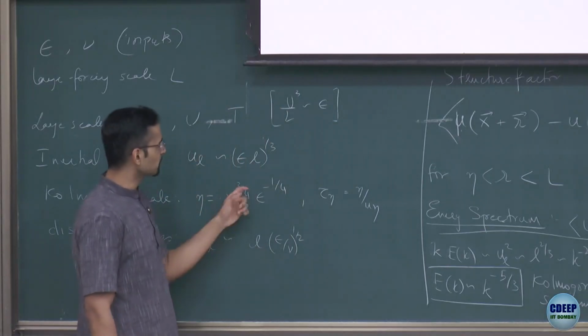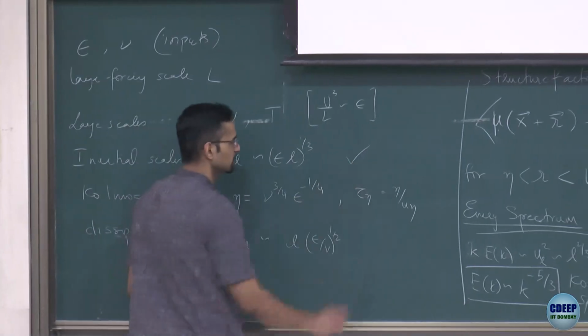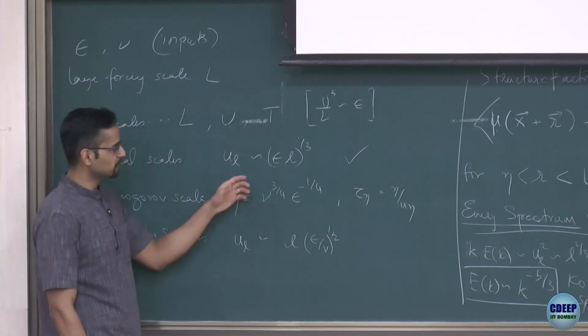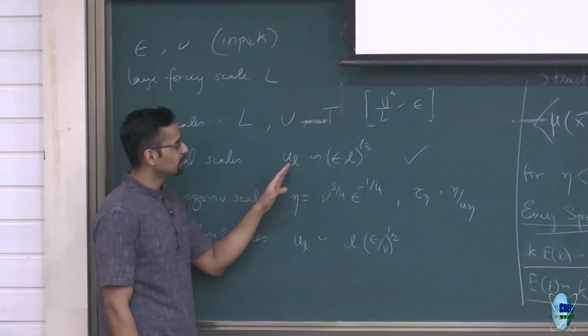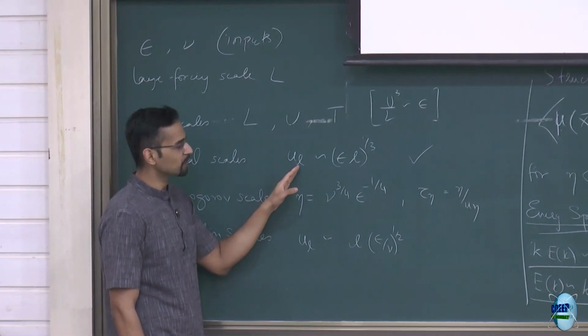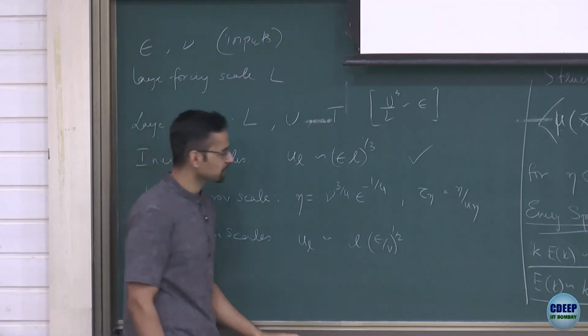So now what I want to do is come back to this and say, okay, I have said this is fine. That's really the main prediction if you are above the Kolmogorov length scale. And what we want to know next is what the implications of this are for transport.